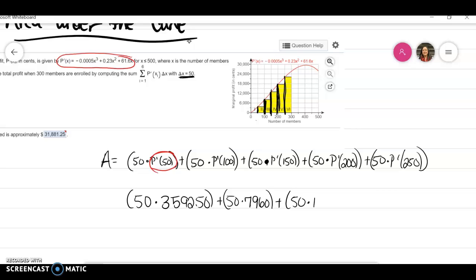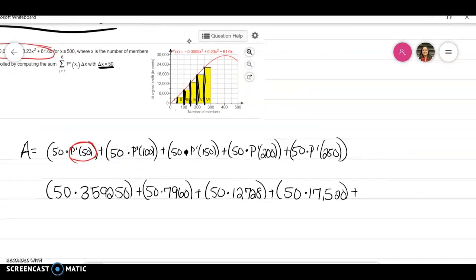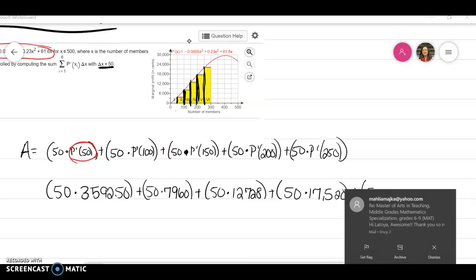That's going to be 12,728, plus 50 times p prime of 200, which is 17,520, plus 50 times p prime of 250, which is